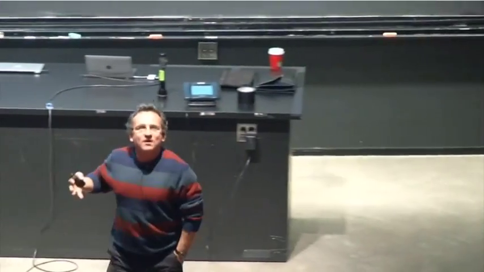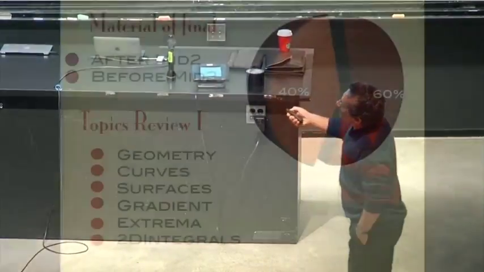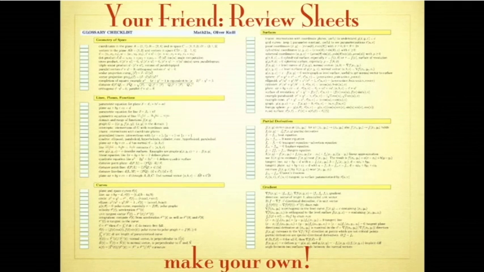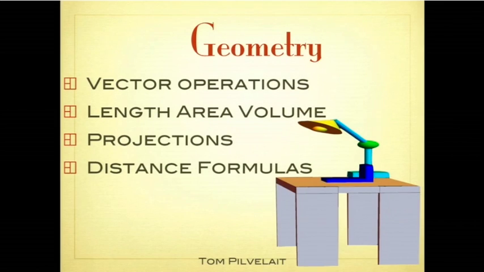About 40% of the material will cover this. But anything which is covered here also plays a role later. And so sometimes I will go into topics which are already from the material after the second midterm, because we can combine things now. You have not yet got a review sheet there in the back. Grab one. And we start, as usual, with geometry.